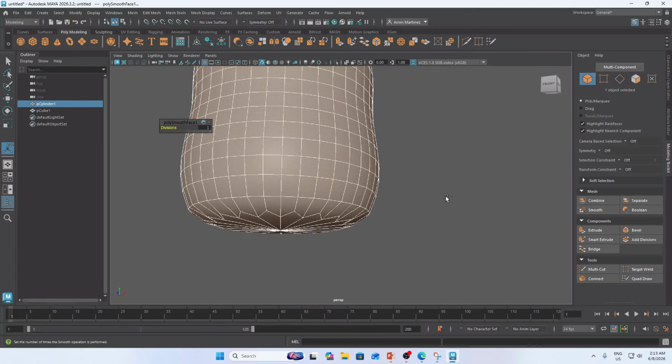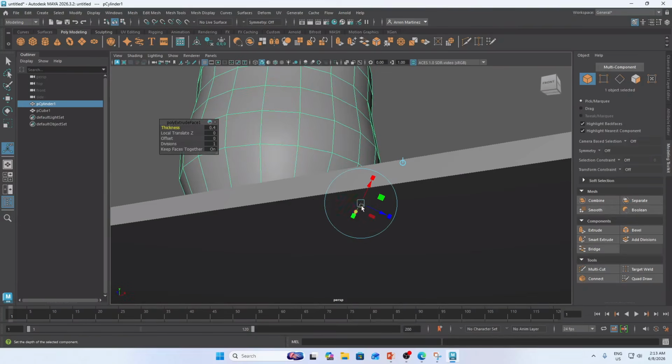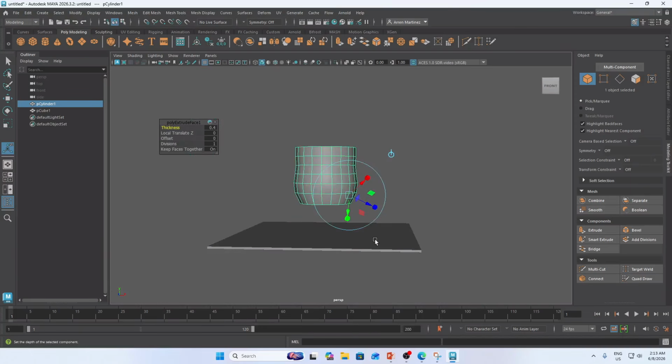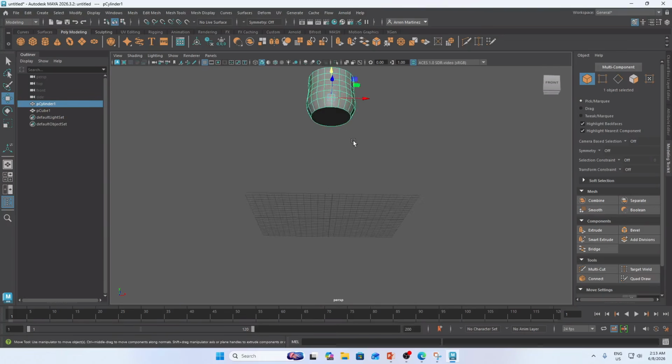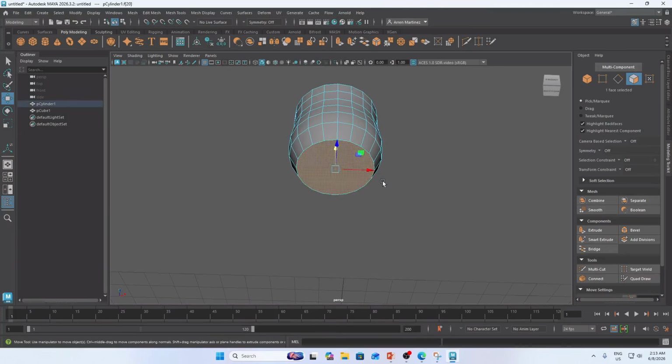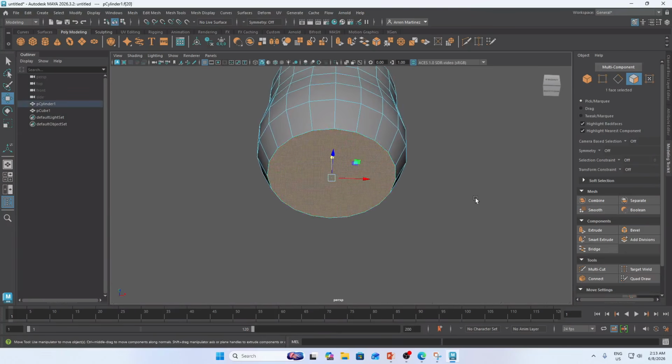So let's undo. The reason why the bottom part is very rounded is because we need to have inset faces here. So I will go here again into extrude.